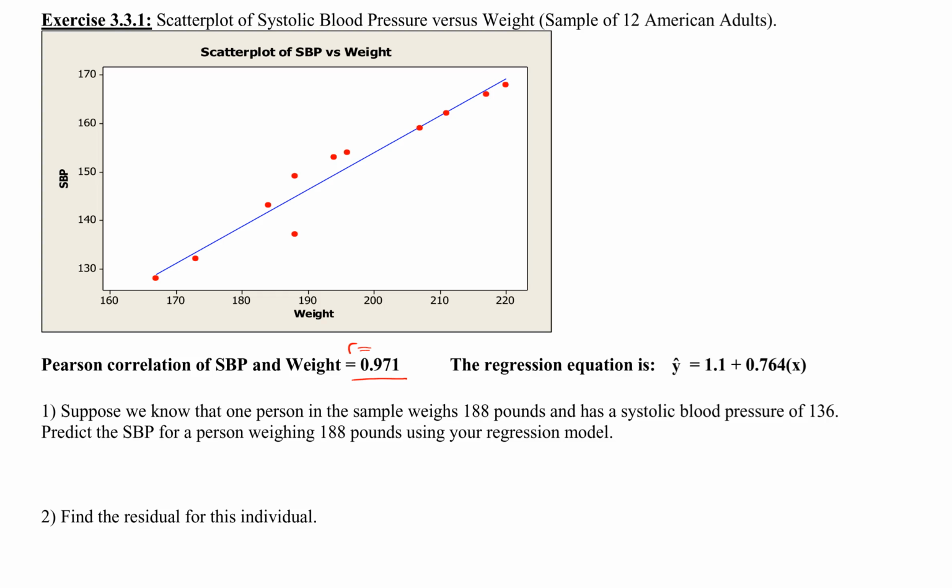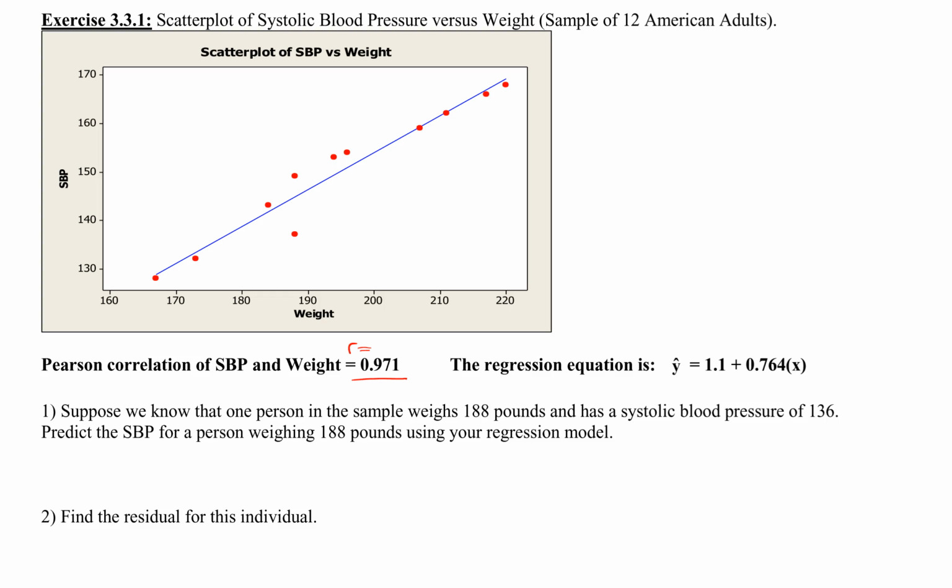So, first question here says, suppose we know that one person in the sample weighs 188 pounds and has a systolic blood pressure of 136. Predict the systolic blood pressure for a person weighing 188 pounds using your regression model. Well,